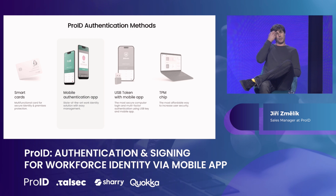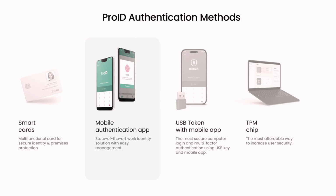So first of them is a smart card, something that probably most of you are somehow familiar with. Then we have a solution for authentication with the use of a USB hardware token in combination with a special mobile app. We call it the Bitron. Then we also have the chance to virtualize the smart card and securely save it within the TPM chip of the laptop. And the last one, the one that we'll be talking about today, is the smartphone authentication app, which